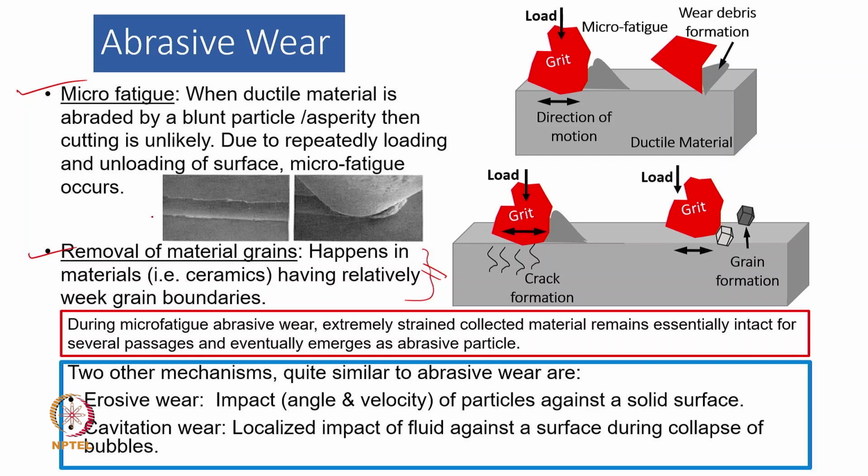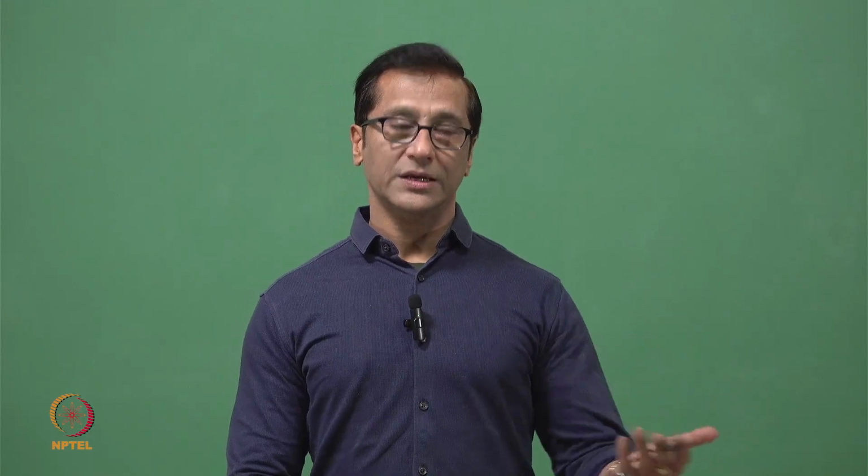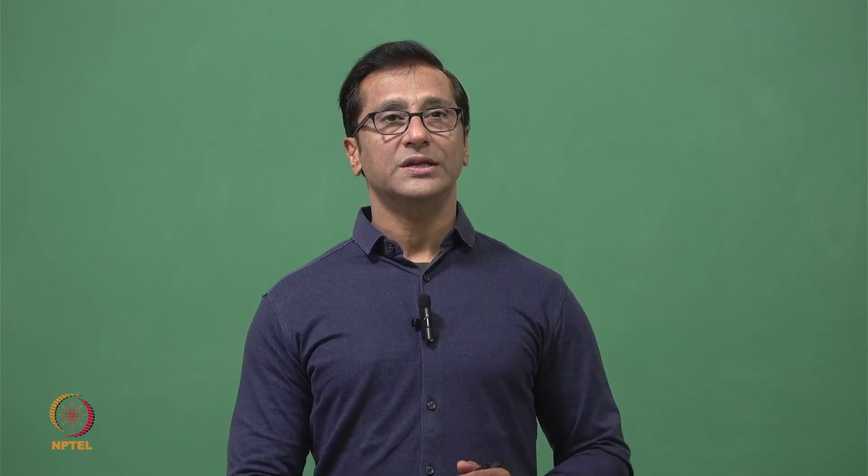You can see the abrasive, where the surface of the asperity is blunt, and it is making a groove in this material. There is also the debris, which has not yet been removed. It is getting pushed, and material is getting displaced. So it can happen in one cycle, or maybe after 100 cycles, 1,000 cycles or 10,000 cycles. That depends on the strength of the material and the geometry of the